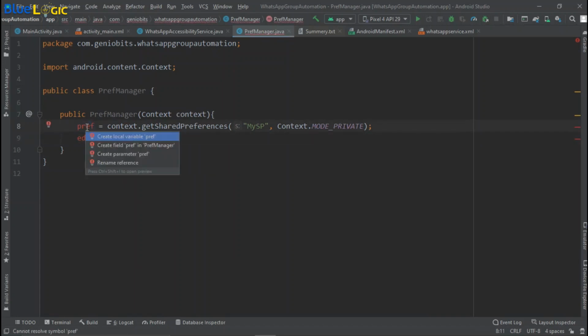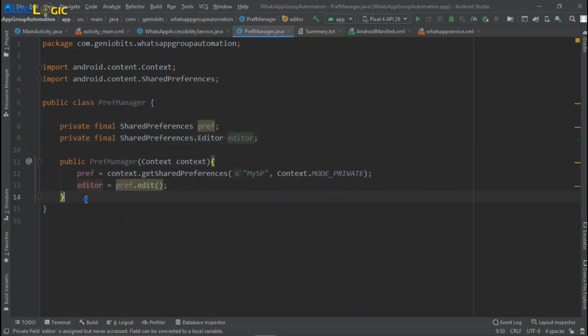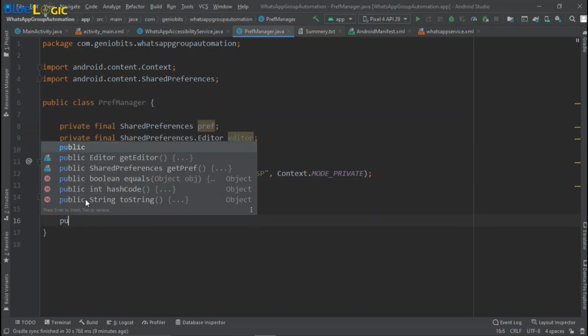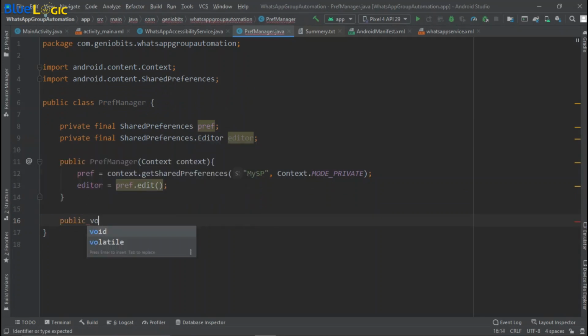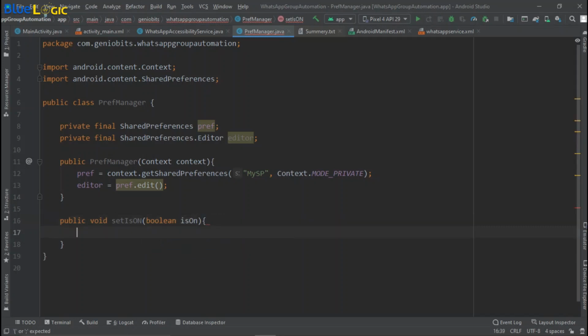So I'll just create the variable for preference and the editor. Then we need these two methods. One is to set the isOn flag, and it will accept the boolean, and then we have to set it.